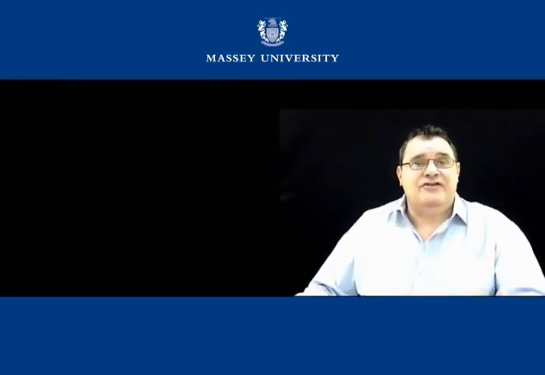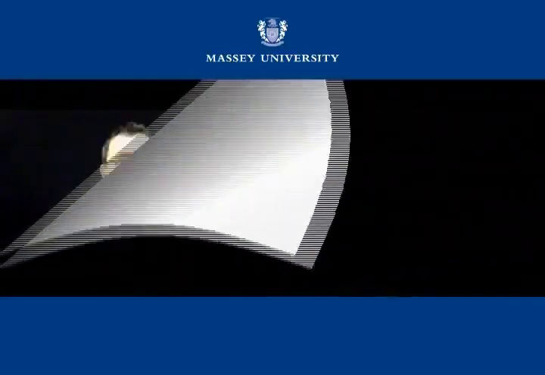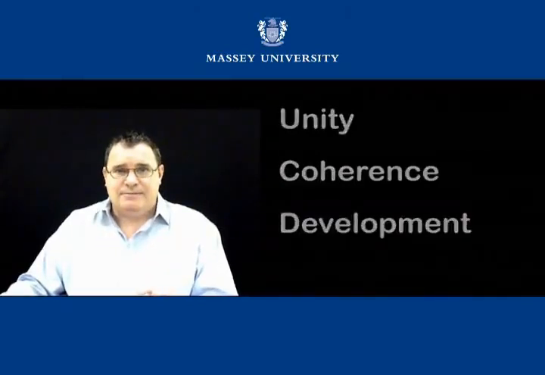Let's have a look at the developmental features in our paragraph on hurricanes. Firstly, the concept of the power of the hurricane is expressed through its physical size. Then, it's expressed through its speed. Thirdly, it's expressed through its capacity for destruction. And finally, it's developed through an example of its sheer power. These four explanations and examples develop the concept that a hurricane is indeed powerful, by giving evidence to substantiate this claim. So, to recap at this point, a successful paragraph must have unity, coherence, and development.